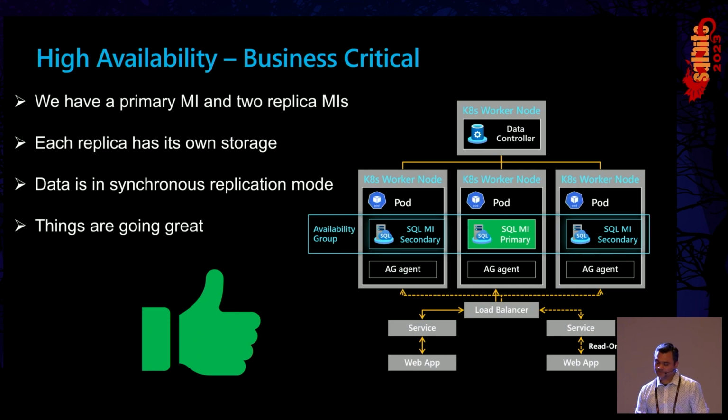When it comes to business critical, it's a busy slide. When you deploy the SQL MI, you can specify how many replicas you want as part of that deployment. You can say 1 replica, 2 replicas, or 3 replicas. And this is for business critical. Let's say you specify 3 replicas. So you have a primary, and we also deploy 2 secondary replicas, and we configure a contained availability group as part